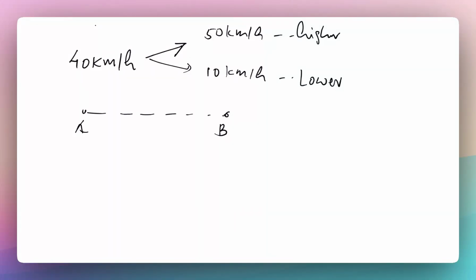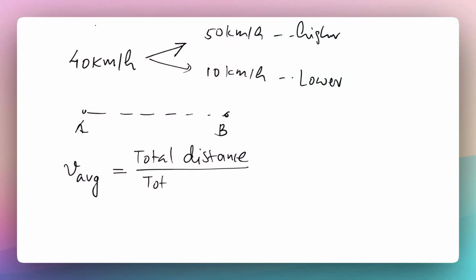between A and B. So we can simply say that the average speed, V average, is simply the total distance traveled, and then we divide it by the total time it took to travel that distance. We call it an average. So on an average, how much time it took and how much distance is traveled, and that ratio of distance by time is what we call average speed. Okay, so we are not concerned what happened in between, we are just looking at the total distance and